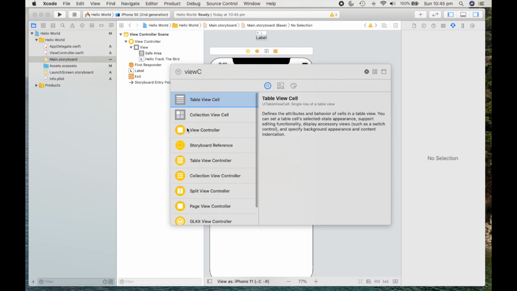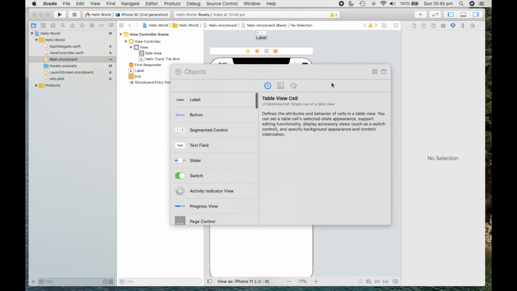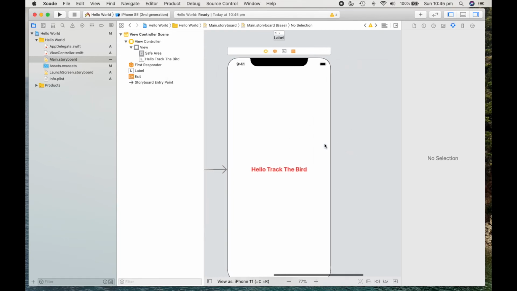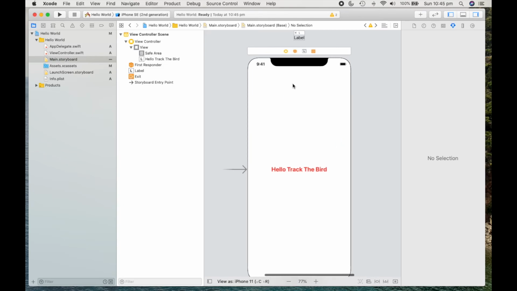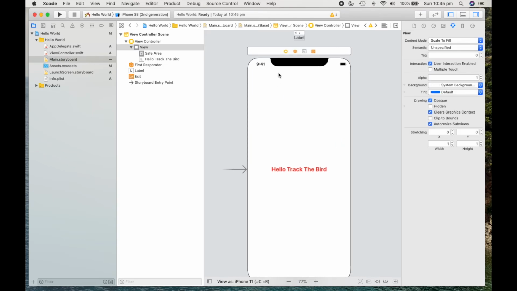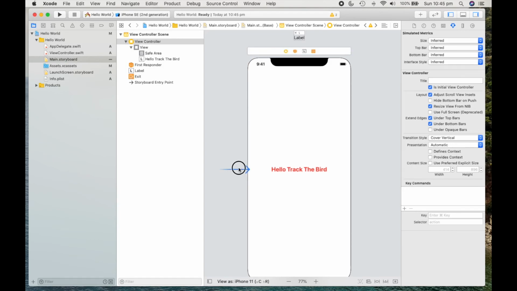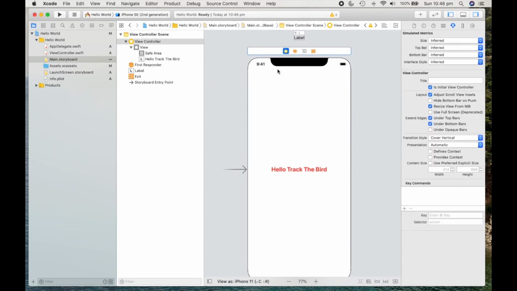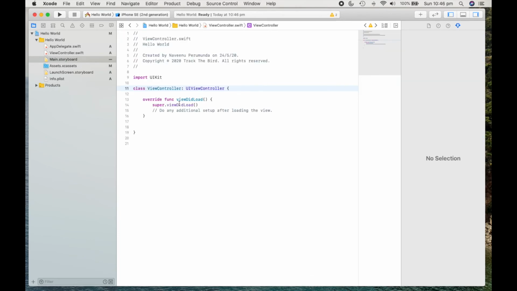So you can see there is a view controller. You can select this so that you can add a new view controller to your storyboard. That's how you can add it, and we will be seeing those things at a later stage. This is the initial view controller. What this means is this application will be starting with this particular UI, and along with this, this view controller's class will be executed.